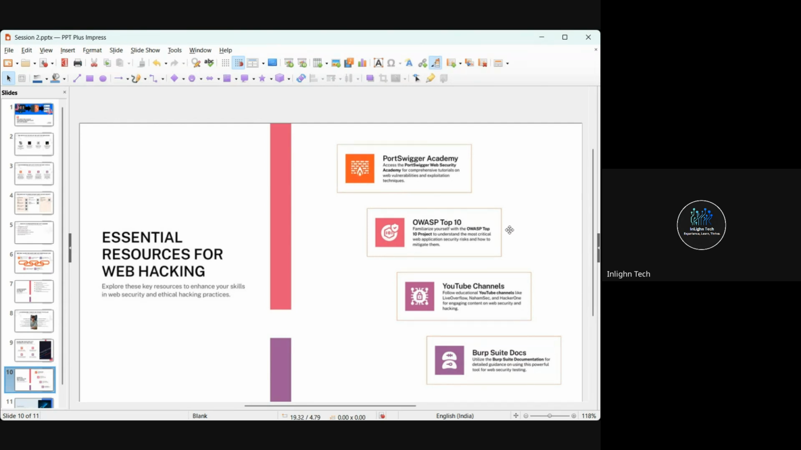OWASP's top 10 vulnerabilities are the vulnerabilities that were found in real time by hackers, and these are the top 10 vulnerabilities that most applications have. You can simply go to Google and type OWASP top 10 vulnerabilities. It gives you a list of the vulnerabilities, and you can focus majorly on those vulnerabilities if you're performing